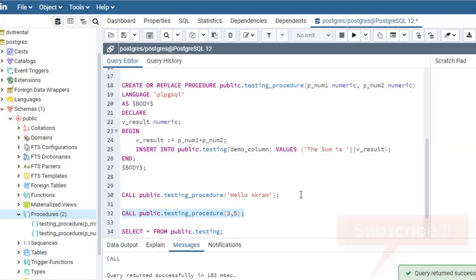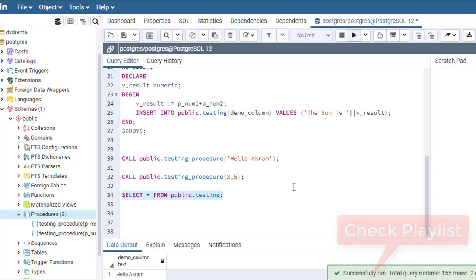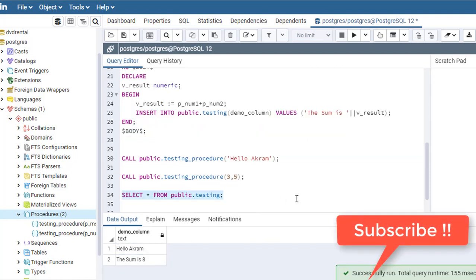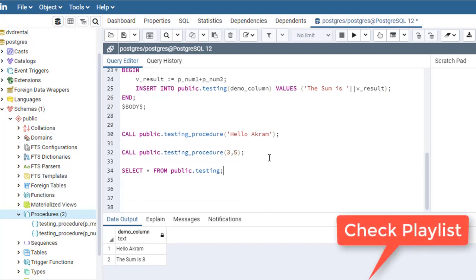So let's call it. So this is also called, but this time the other one is called, and I will get my result. So this is how stored procedure overloading works.